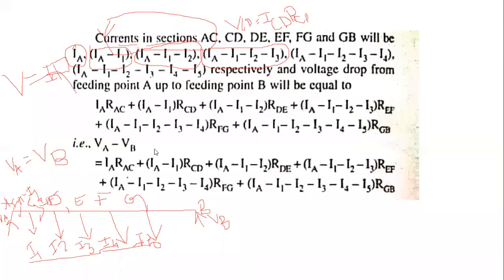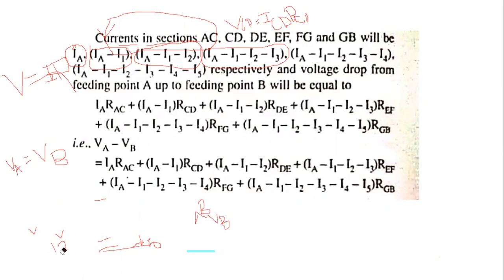That is IA minus IB. Then you can write IA minus IB equal to this formula. Like that we will calculate the voltage drops for distribution fed at both ends for concentrated loads, for equal voltages and also unequal voltages. Understand? When we are solving the problem, it will be easily understood.